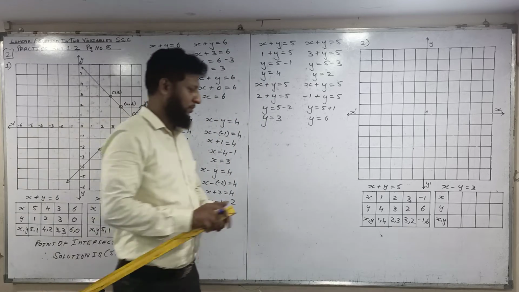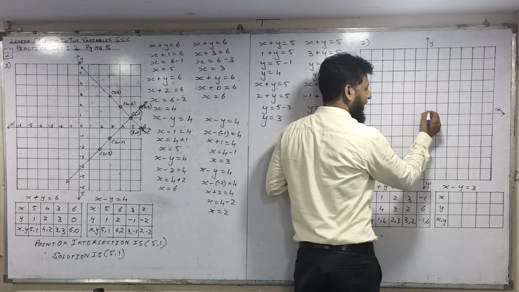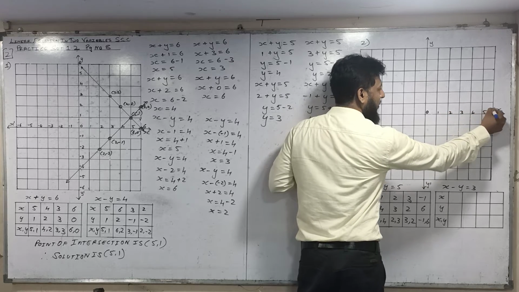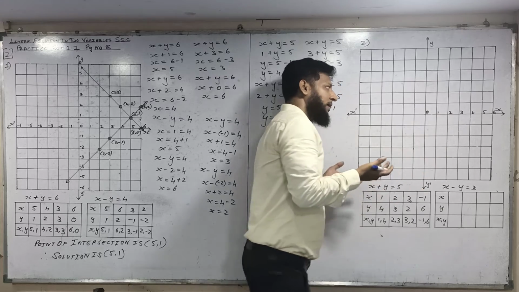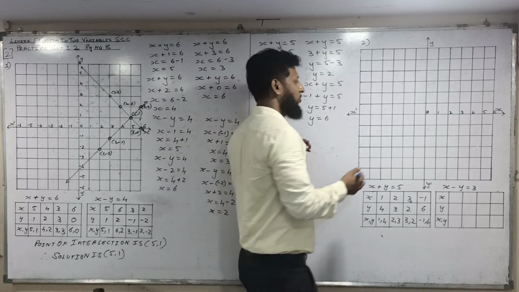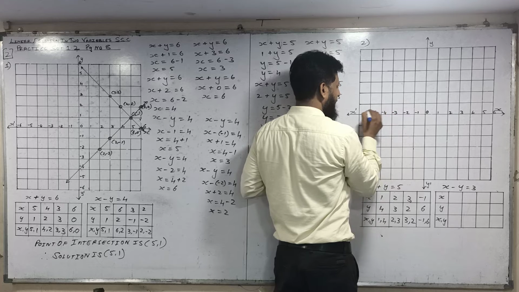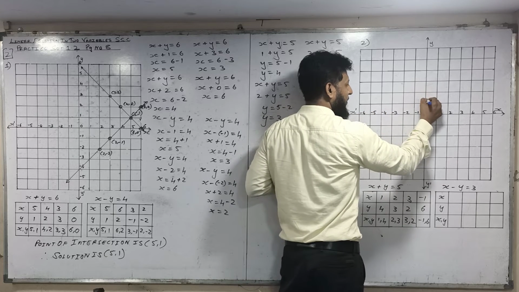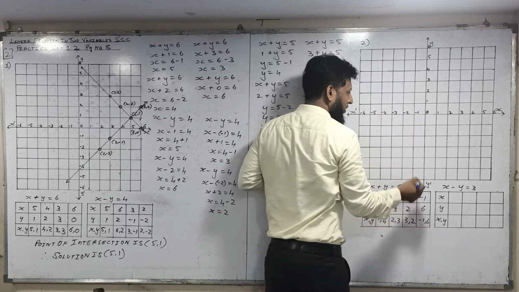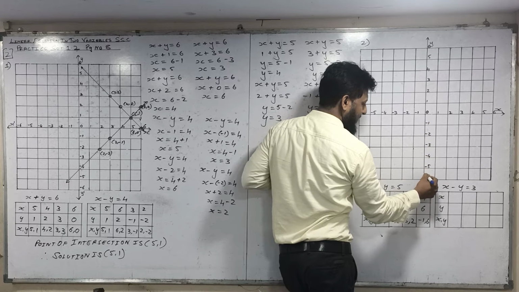Okay, so first 1 and 4. So first you have to write the numbers also. So this is center 0, right side plus numbers 1, 2, 3, 4, 5, 6. So I have scope till 6, so I have drawn till 6. You can do it on your graph paper till 9 and 10. Left hand side minus 1, minus 2, minus 3, minus 4, minus 5, minus 6. Above plus numbers 1 to 6. Below minus 1 to minus 6.